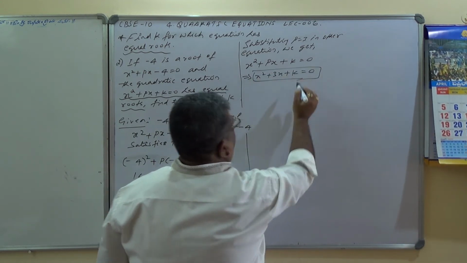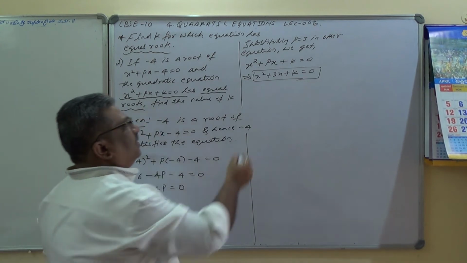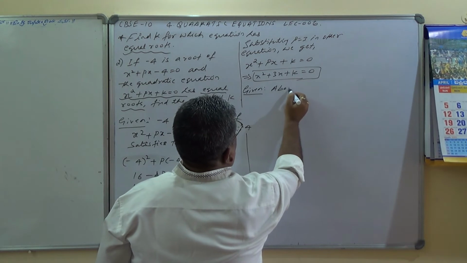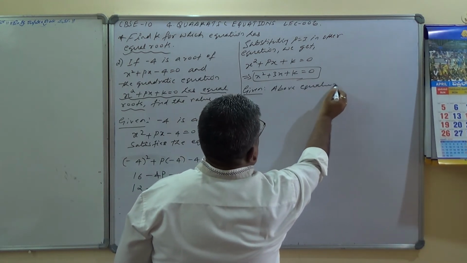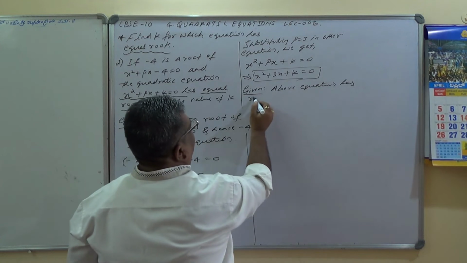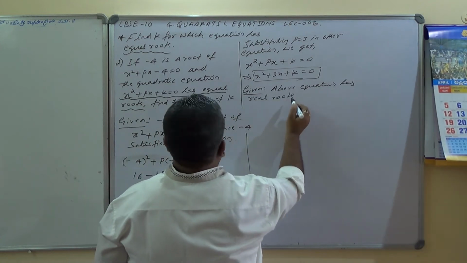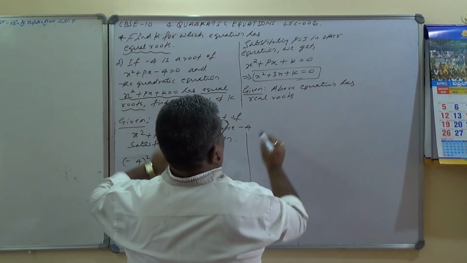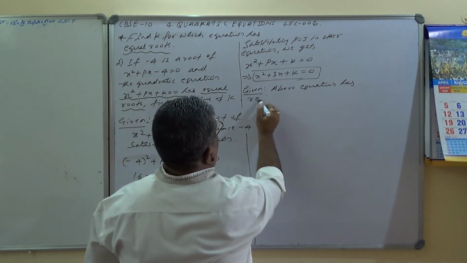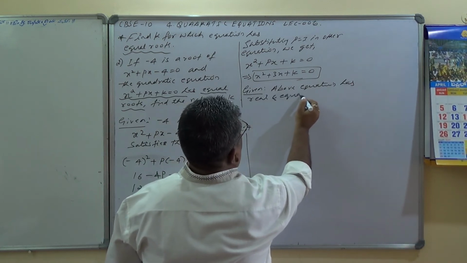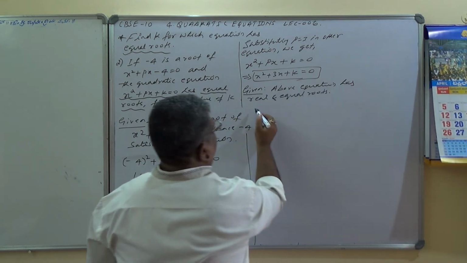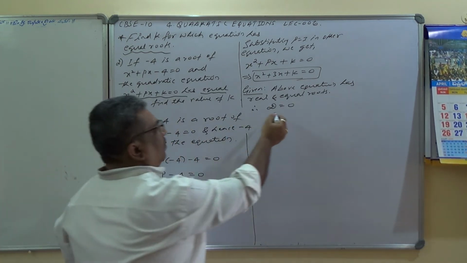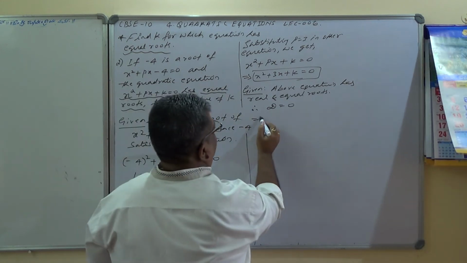Now we got this equation, and also the condition: given the above equation has equal roots, meaning real and equal roots. Therefore, D equals 0, because the condition is D equals 0. For equal roots, D equals 0 implies